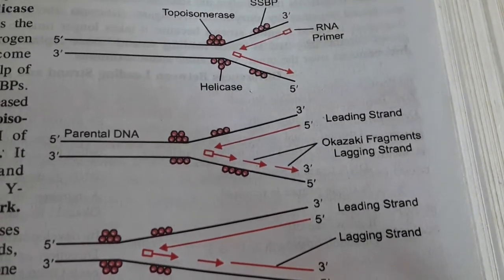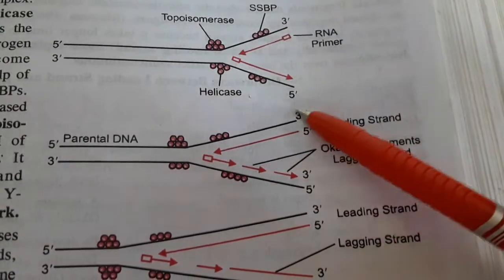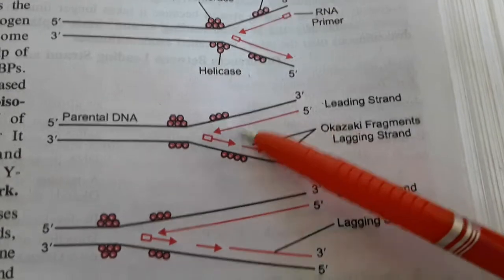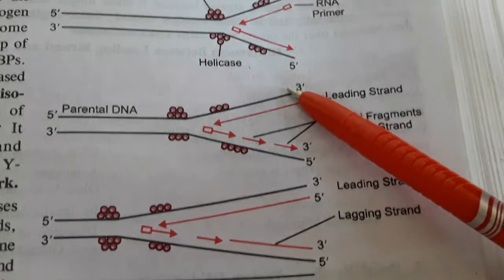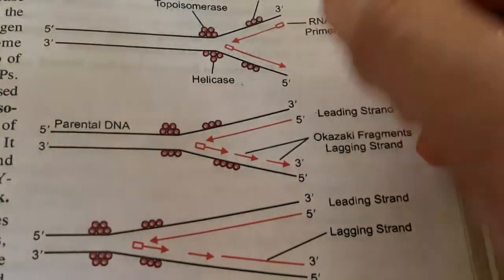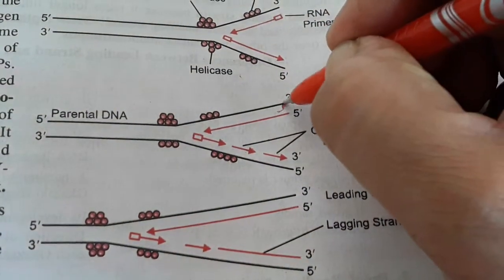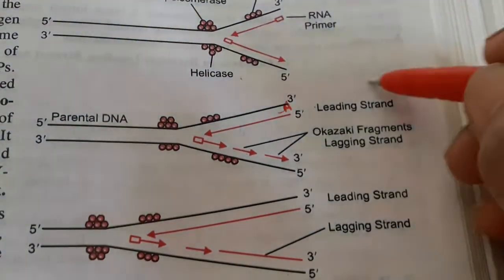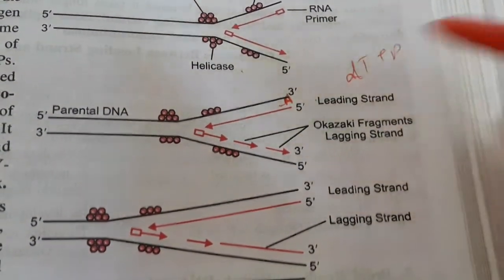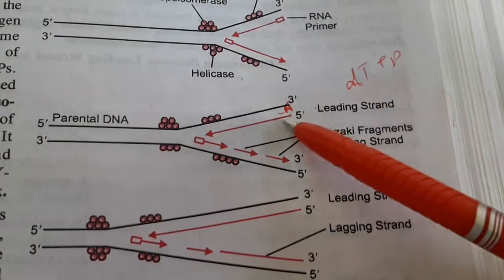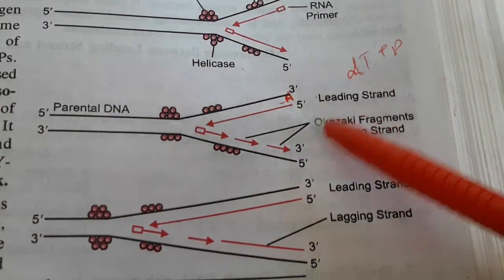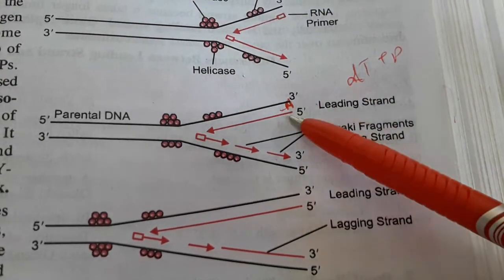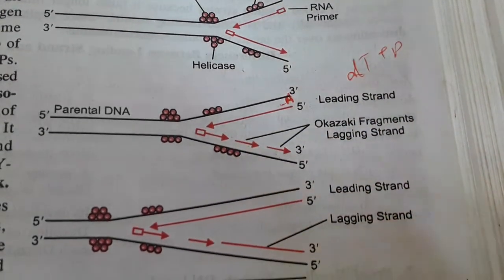Then next comes the base pairing part. The two DNA strands are being separated. Now see here, the nitrogenous bases will remain exposed. Suppose A, T, G, C, like that they are exposed. So they will require the base pair. If suppose here A is present, then they will definitely require T. So they will break dTTP, a triphosphate molecule, and they will take the thymine and pairing will start. And always remember, DNA synthesis takes place in the 5' to 3' direction. From this to this they will start synthesizing.